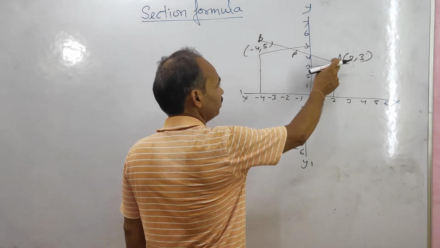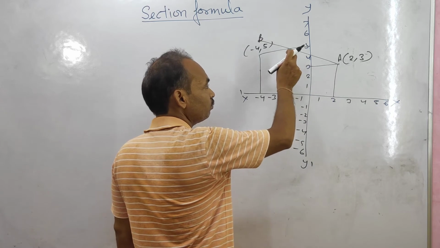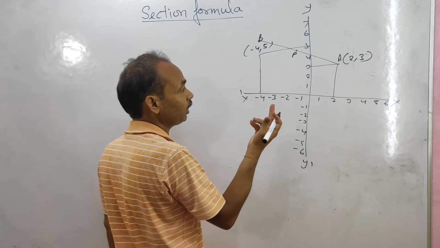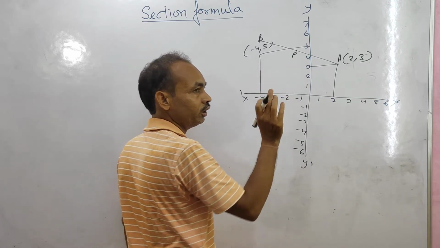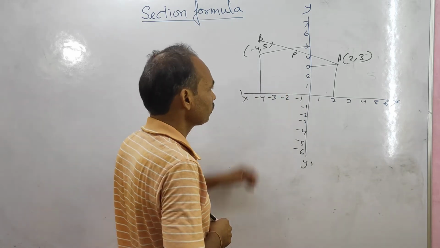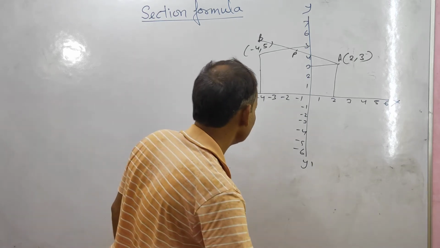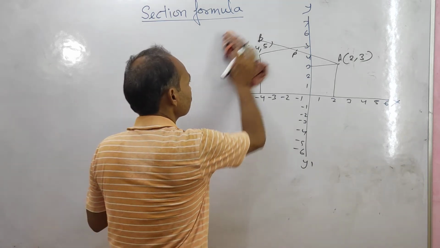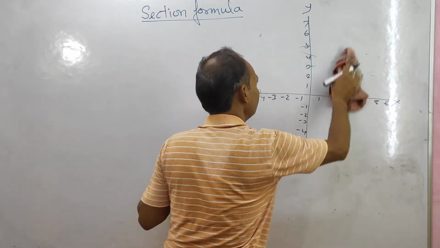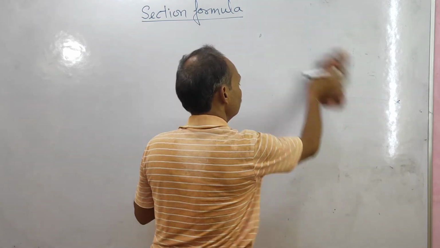If any two points A and B are divided by a point P in a fixed ratio, then what will be the coordinates? Coordinates means the abscissa and ordinate of point P. You can get it easily by using a simple formula. Suppose you have a line A